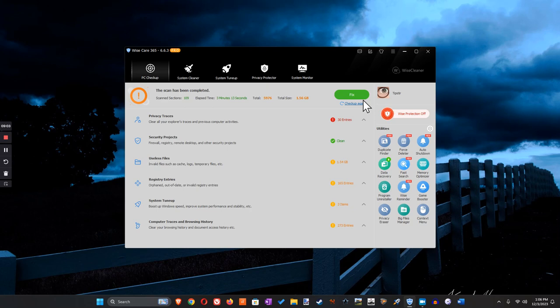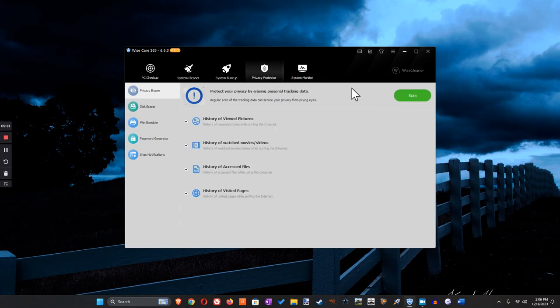A lot of dirt. When this thing is fixing things, you can see what needs to be fixed and what needs to be cleaned out. This is good. This will protect your machine from anything trying to sneak in, but it might slow down the machine. Remember, this is 32-bit, so it's going to drag. This is good for cleanups and privacy. There's another one here, the one you don't get if you